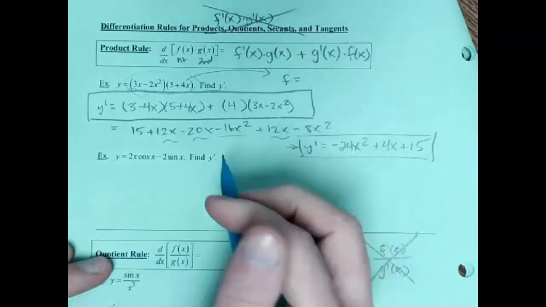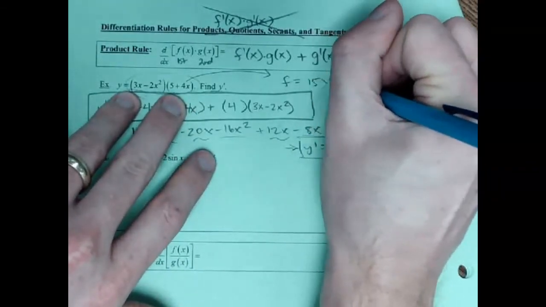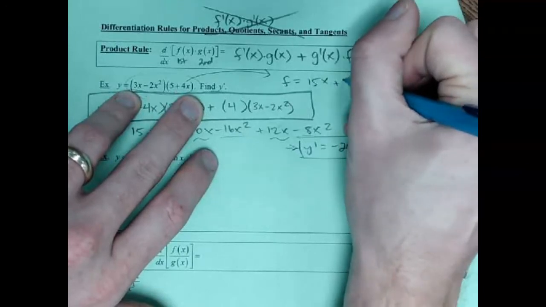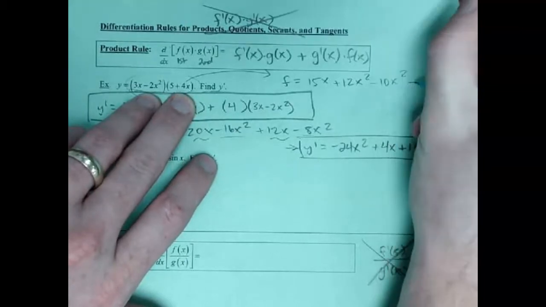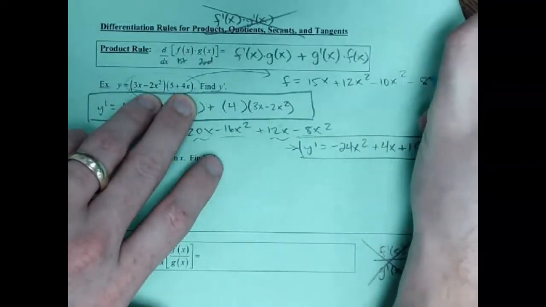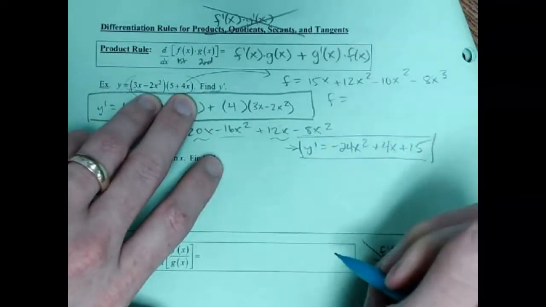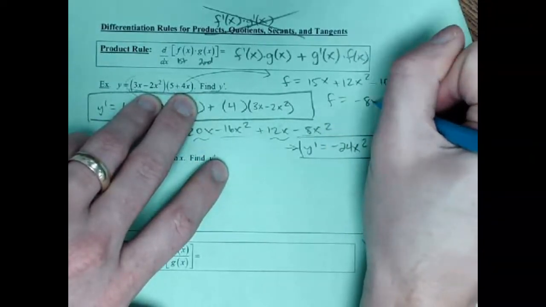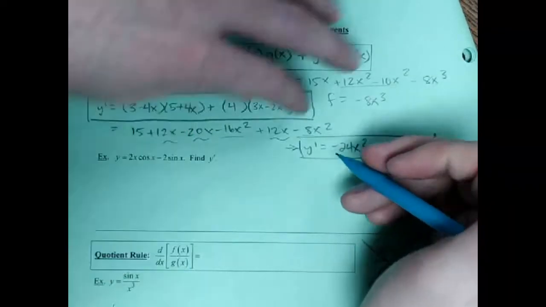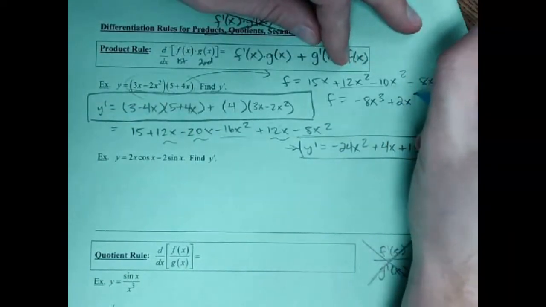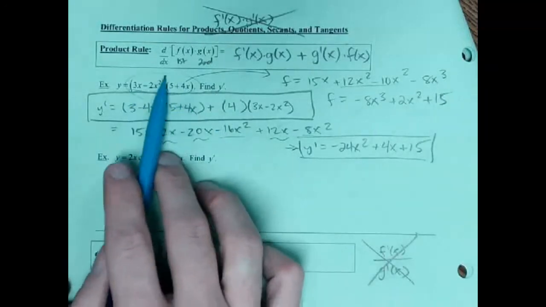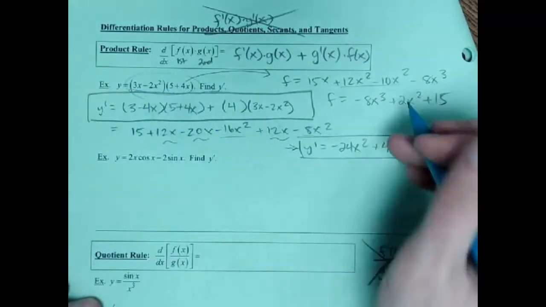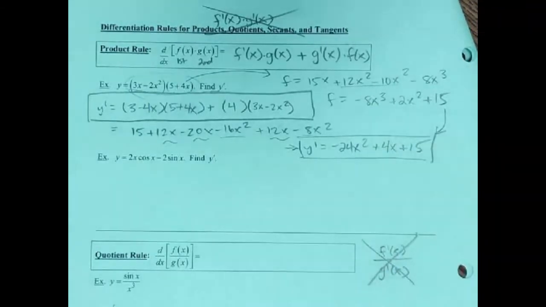Right? Let's do it. I think here we'd have 15x plus your 12x squared minus 10x squared minus, let's see, we got 8x cubed. So you could have rewritten this original function. I think that's the only one, minus 8x cubed. Then you have those two, which would combine. I think that would just be a plus 2x squared plus 15. So without doing any calculus, you could have just put in some algebra legwork, and you could have rewritten this original function as so,